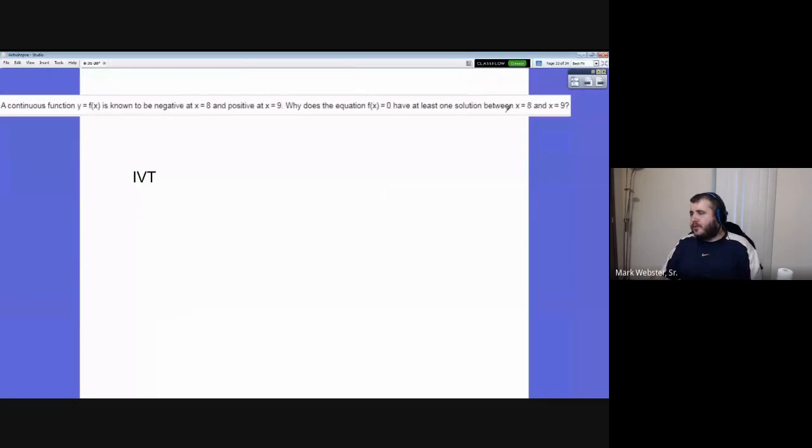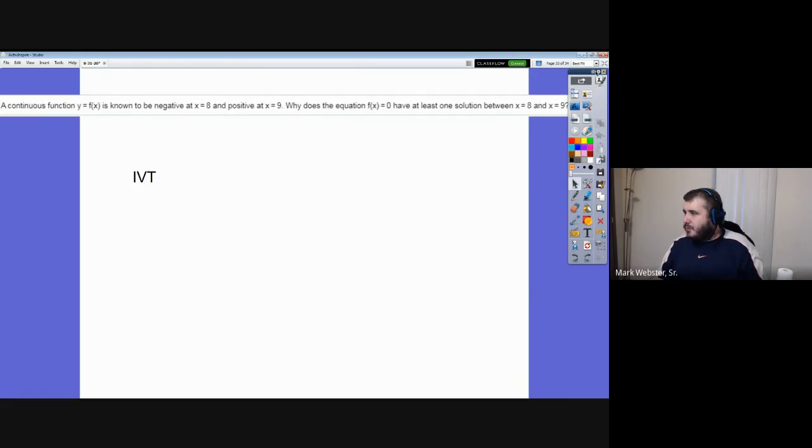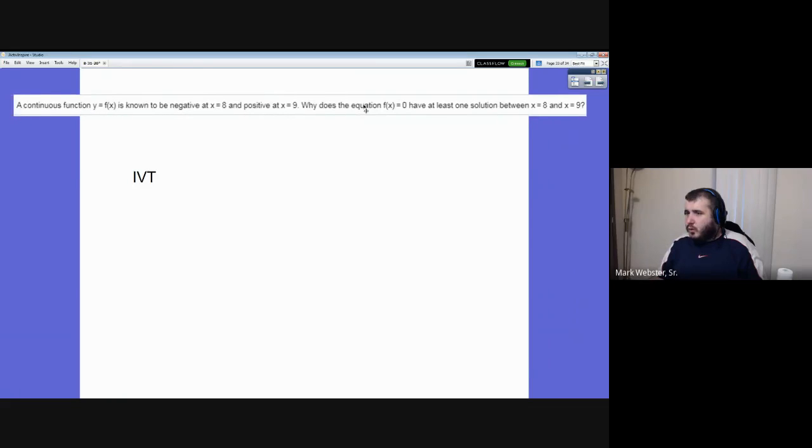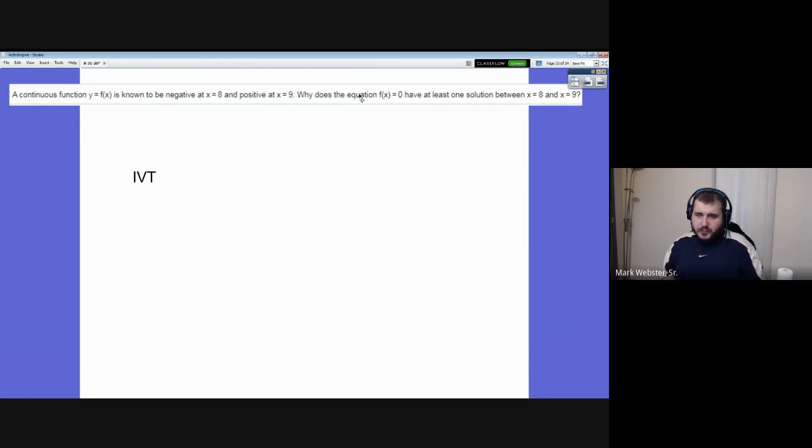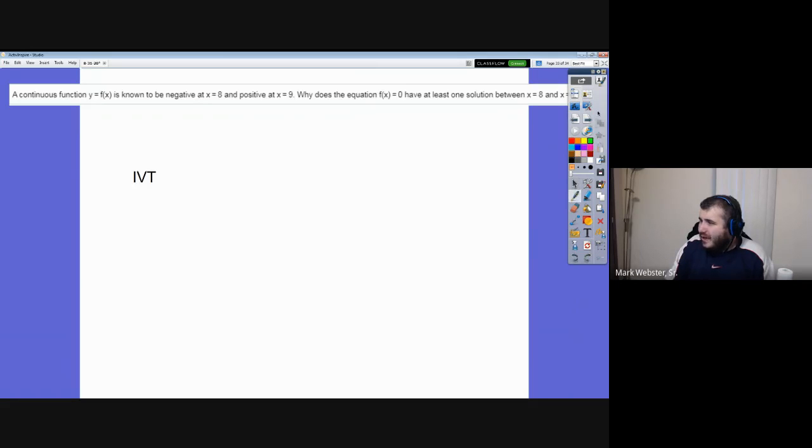Okay, so let's talk about the intermediate value theorem. We'll do one problem involving the intermediate value theorem, and then we'll be good to go. The intermediate value theorem requires us to have a continuous function. If our function is continuous on the interval that we care about, then we're going to be able to say anything we want. So what the intermediate value theorem tells us,